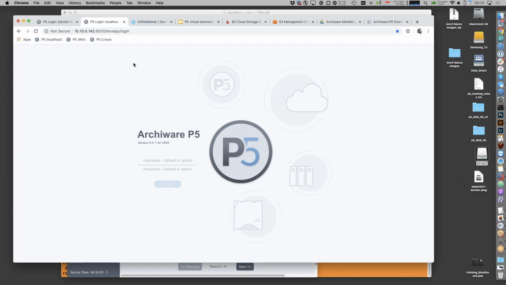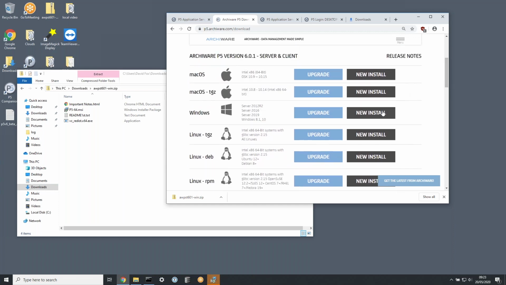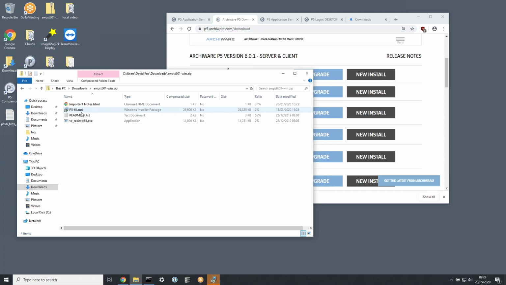Our third installation is going to be on this Windows 10 operating system here, which is about to come to life. Again, I've downloaded the Windows version of P5 from this link here, which has resulted in a zip file. You can see this is an AWPST 601 Windows zip sitting in my downloads folder. Inside of that zip file, there is an MSI installer package. If we double click on that one,